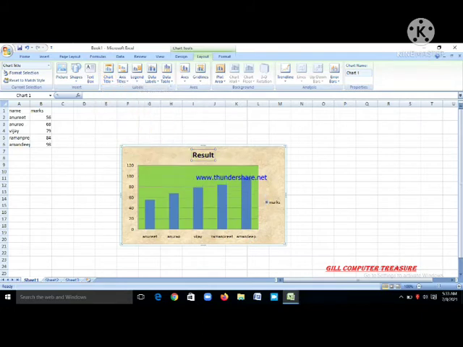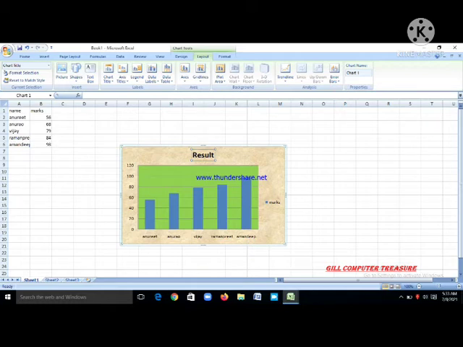We can select any, in which area we want to display the chart title. After typing the chart title, click OK. You can see your title will be displayed as per the settings.